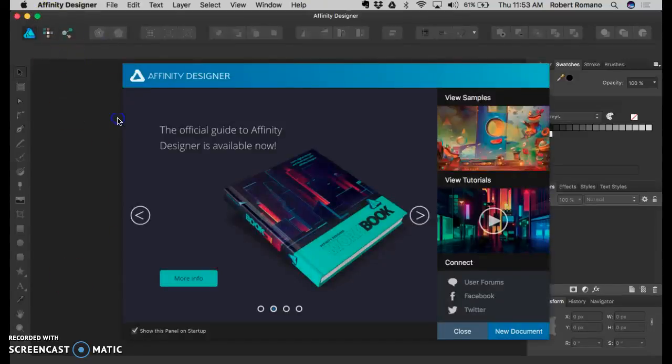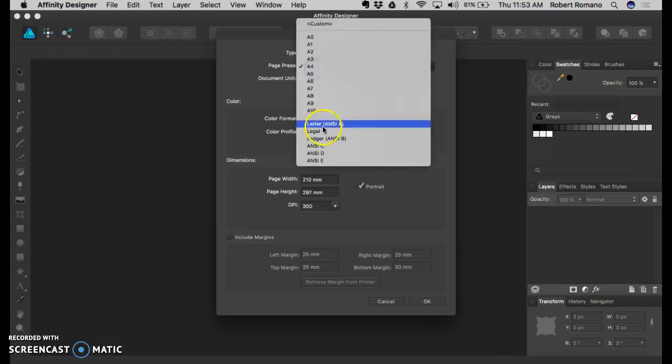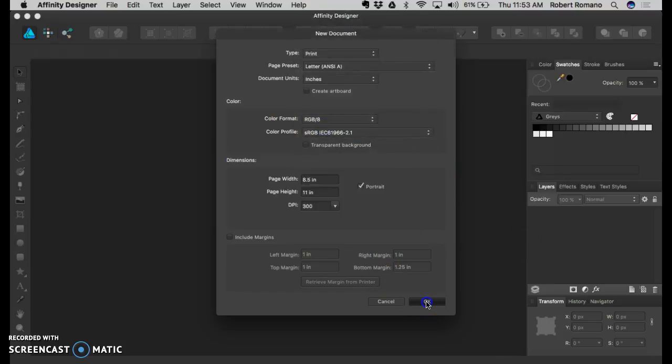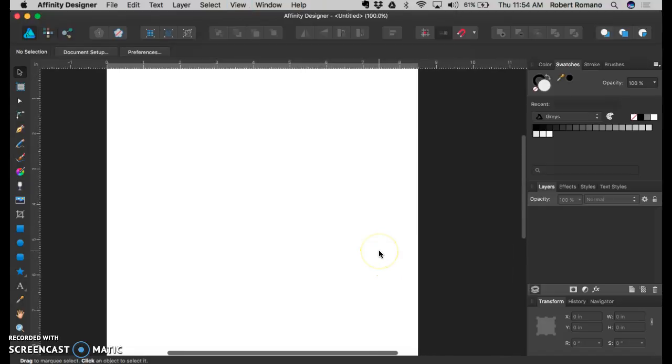Okay, so I'm going to just start with a new document. Doesn't matter what size, but I'm going to make something reasonable size. Sorry, I was doing a poster for someone, so let me just reset it to like paper size. Okay, so